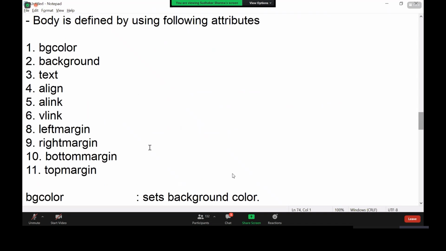Similarly, we have background image, alignments and everything that we'll see in the next session. Tomorrow we will do that. In tomorrow's session, we will learn the complete design of body. Then you will create a simple page. We will take one real time example, and we will try to design that body section with what we have learned up to now. Then it will make a good appearance for the contents you are learning, right? Tomorrow we will see that, right? Yeah. And note